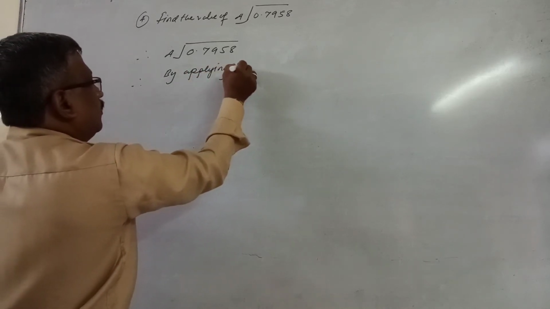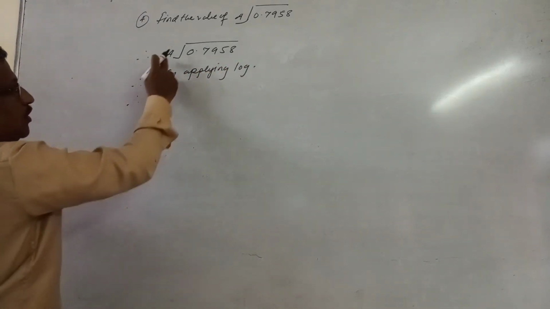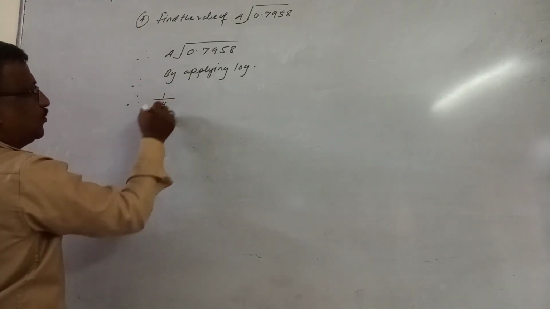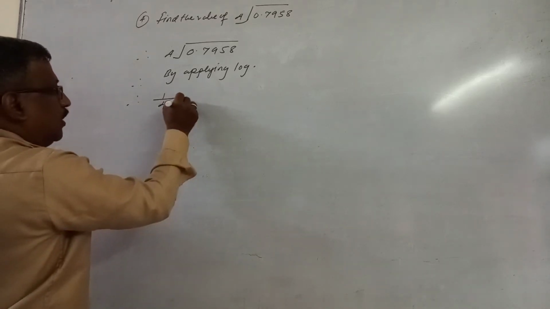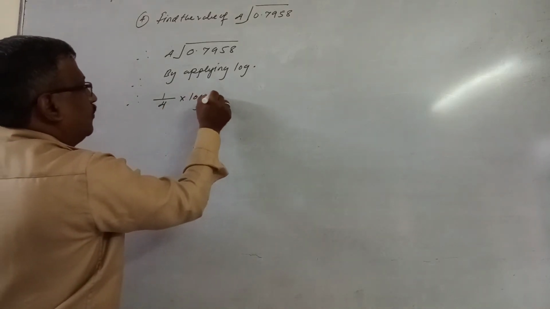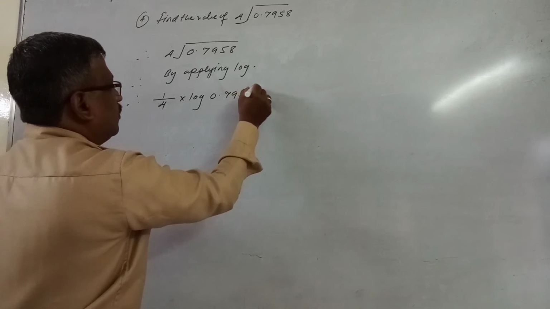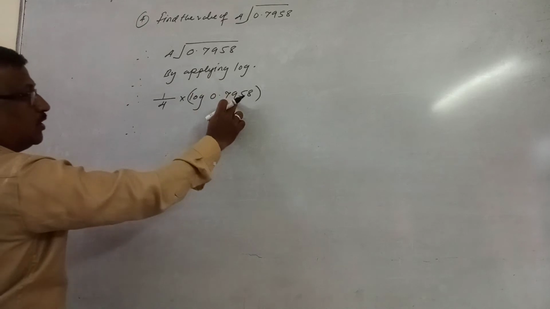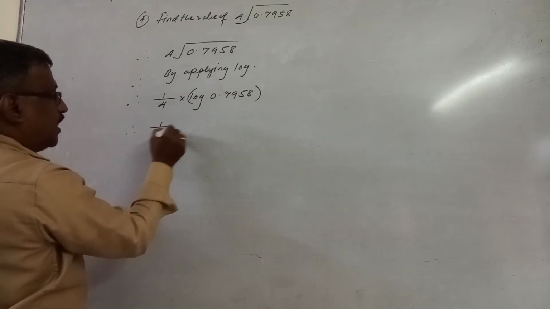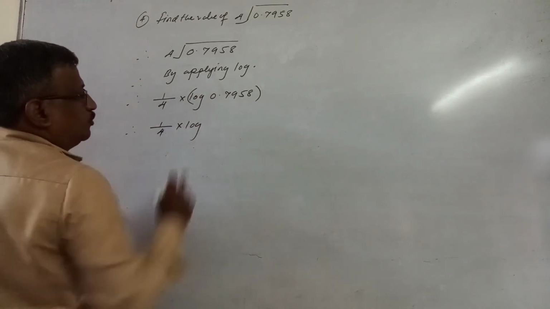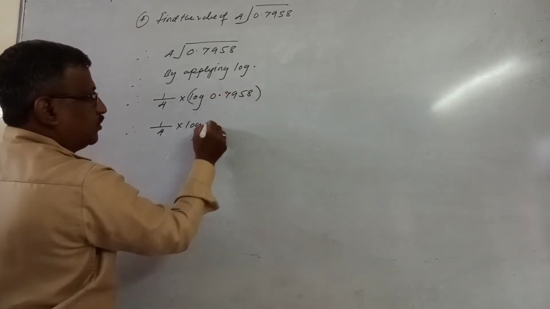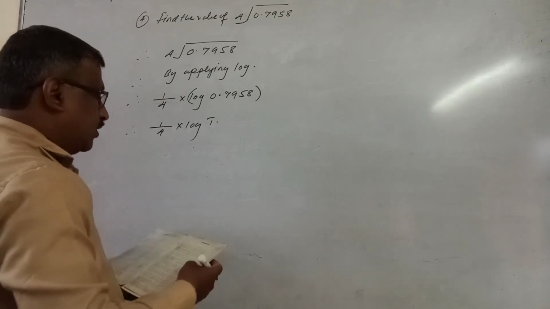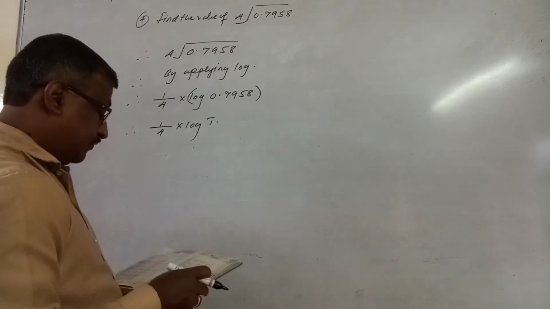So as it is, you apply the log. So first you have to cancel this fourth root, and to cancel the fourth root we have to write in its reciprocal form. It is written as 1 by 4 multiplied by the log of 0.7958. Yeah. So first you find out the log of this number, keep this 1/4 as it is. Now what should be the characteristics of this number? So characteristics of this number will be this bar 1, place a decimal point, go for log. In the log, now you have to see 79 fifth column.